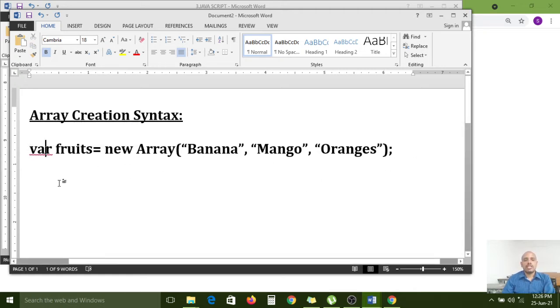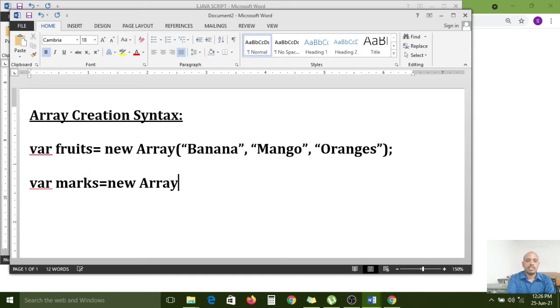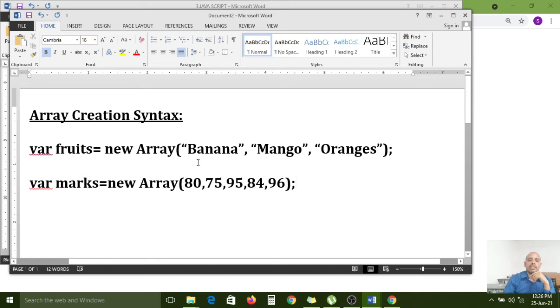Now I want to create one more array. var marks equals new Array. Now I want to store the marks 80, 75, 95, 84, 96. If you want to store a list of numbers, double quotes are not required. Only for strings do we use opening and closing quotes for the alphabetical sequence.